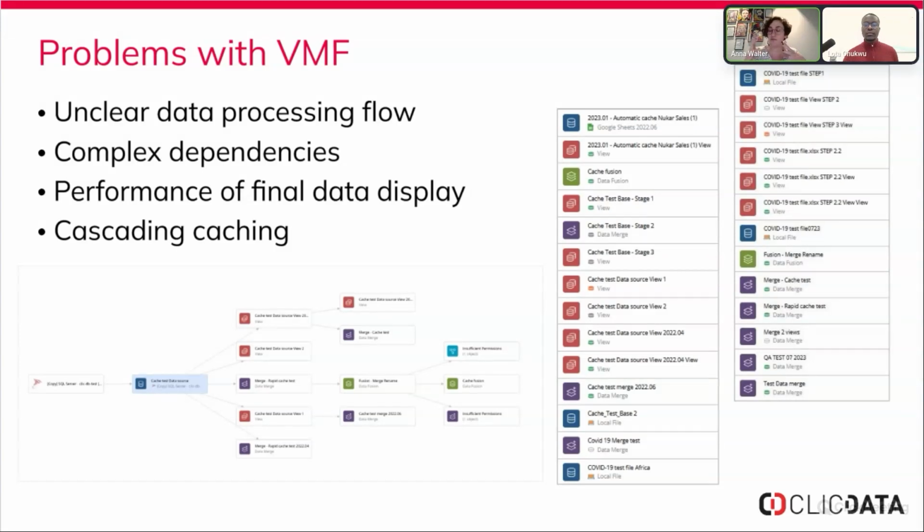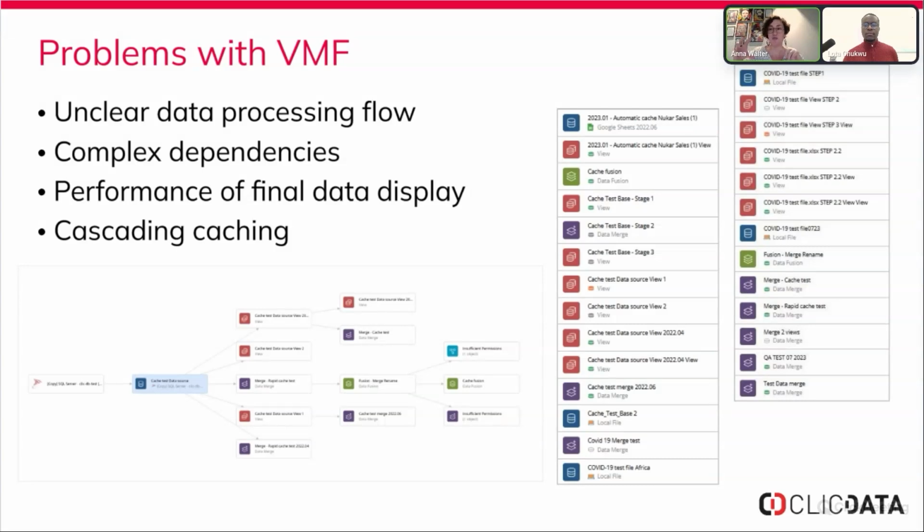And to address those performance issues, we introduced something called caching. It allows you to choose, on any step of your flow, which elements would actually be cached into a physical table in the database. That's a good solution, but it came with other issues, because if you have a complex flow and you have caching at different steps of that flow,